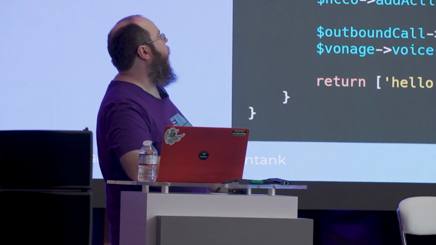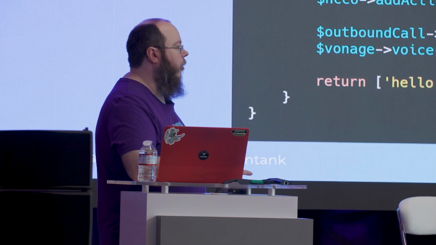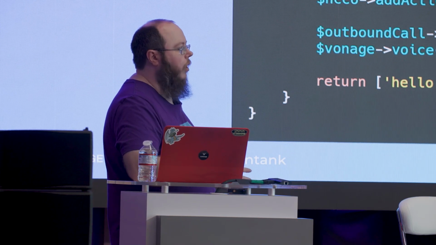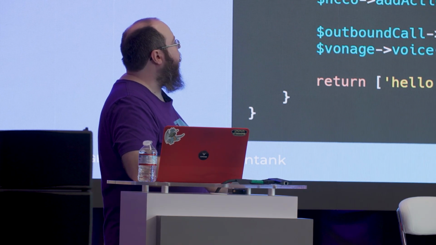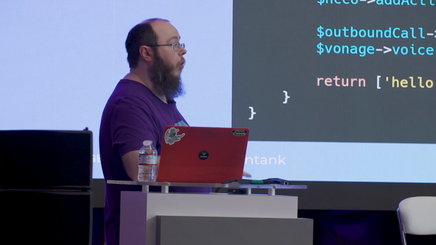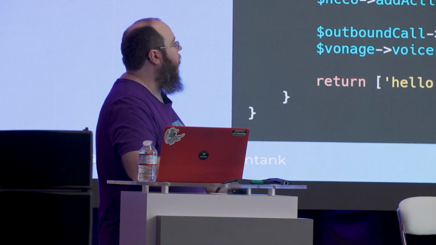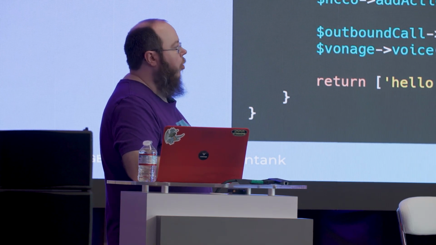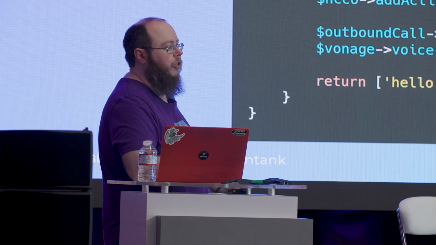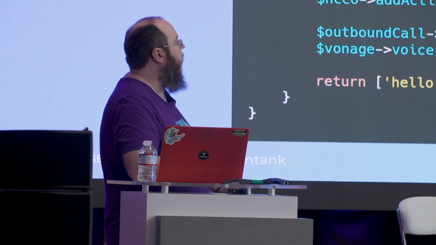So we need, the first option is the to. This is the number you're going to call, so you can pull this from a customer record, somewhere in your database, wherever. And then the second option is the number you're going to call from. So this will be a number that you can get through Vonage. Normally you'd have this pre-set up, but you can also purchase numbers programmatically through the command line. You can purchase these all across the world.